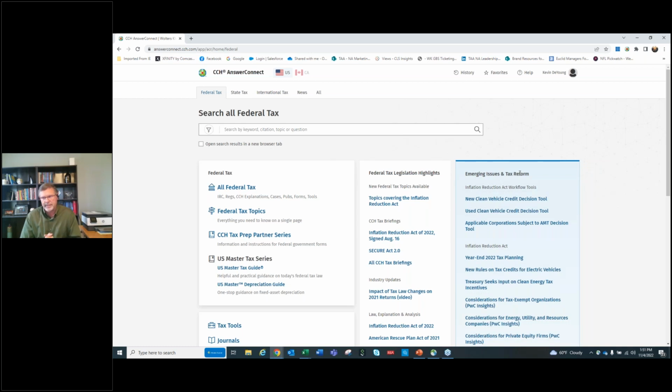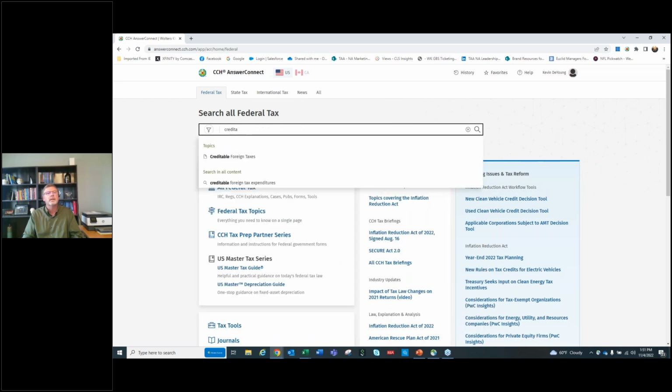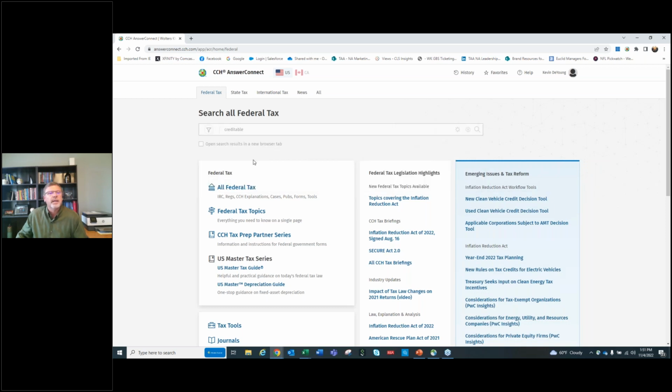Again, we wanted to streamline that process. So for today's example, we are going to run a really quick search here on creditable foreign tax expenditures. I'm actually going to use some of the intuitive knowledge here from CCH Answer Connect and run that search